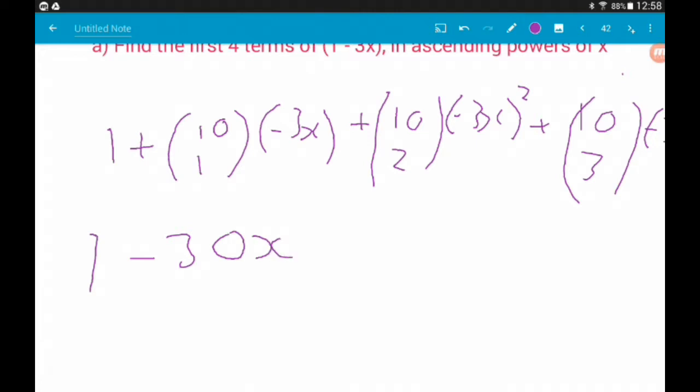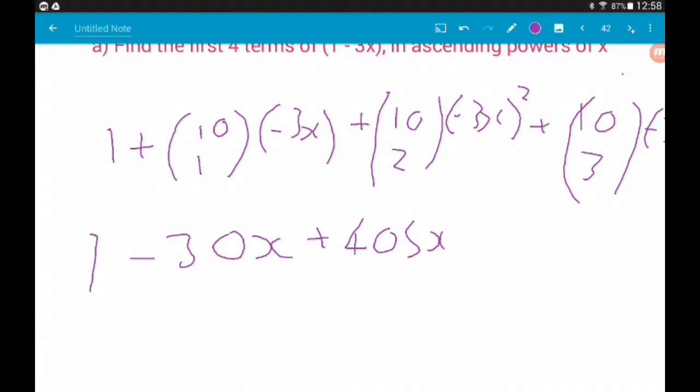10 choose 2 is 45. So we've got 45 times minus 3x all squared. Minus 3x squared is going to give us positive 9x squared. 9 times 45 is